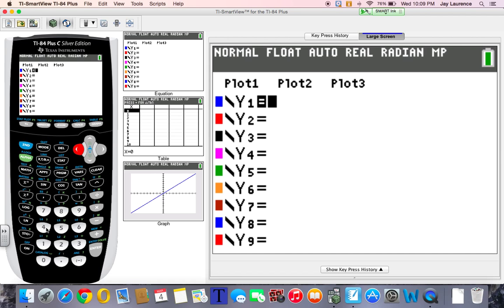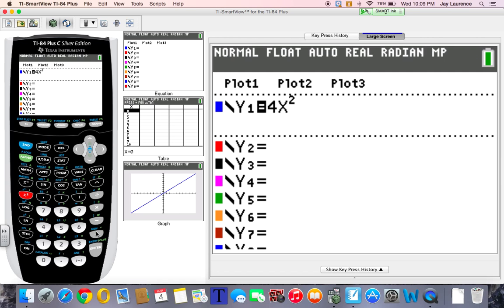I'm having some problems here. 4. There we go. X squared. There we go. Plus 4x minus 3. And so when I graph that,